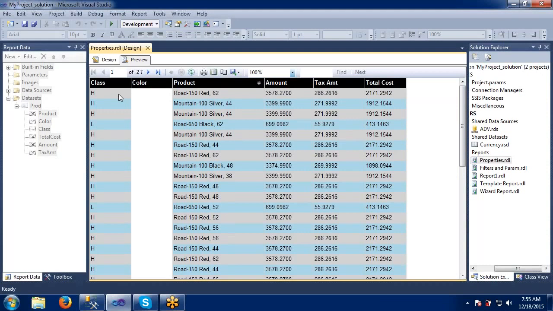But don't worry, we are going to discuss more on this toggle option when we work on the matrix reports. Why? Because here the table report is not displaying properly by toggling. When it comes to the matrix reports, then we can easily understand how this is working. I mean, how we can use this option. We'll check it more on the matrix reports. Okay.